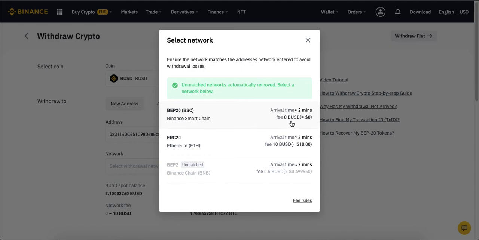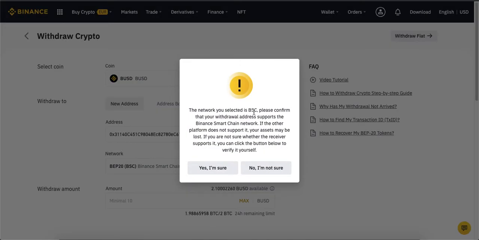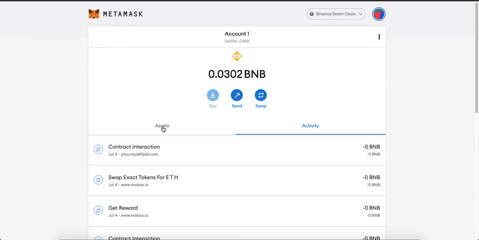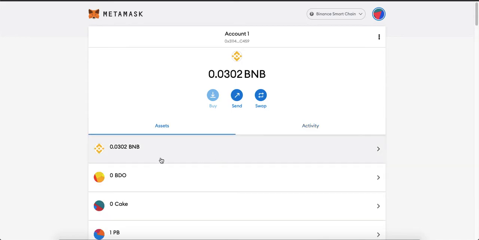And one important thing to note here is that the biggest advantage which currently Binance Smart Chain has over Ethereum is that you can see that for the same transaction on the Ethereum mainnet, it would cost me $10 to send any BUSD or any other ERC20 tokens, whereas the same BUSD, when I transfer it on BSC, will be a free transaction. It will have no charges associated. So once you confirm any amount you send here, it would be free of cost. And here I've already transferred some BUSD in my account.